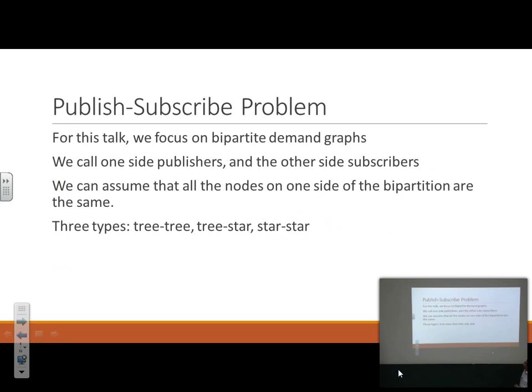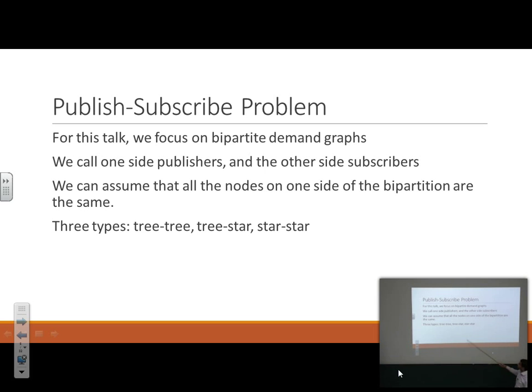Okay, all right. So we also call the version of this problem where we only have a bipartite graph the publish-subscribe problem. In fact, this is the original problem that Ravi and Rajmohan had come up with. Basically, there are content publishers and there are content subscribers, and they'd like to build virtual networks where they push and pull information respectively. And the reason that these networks have to overlap is because there'll be these hubs from where that information transfer will happen, okay?